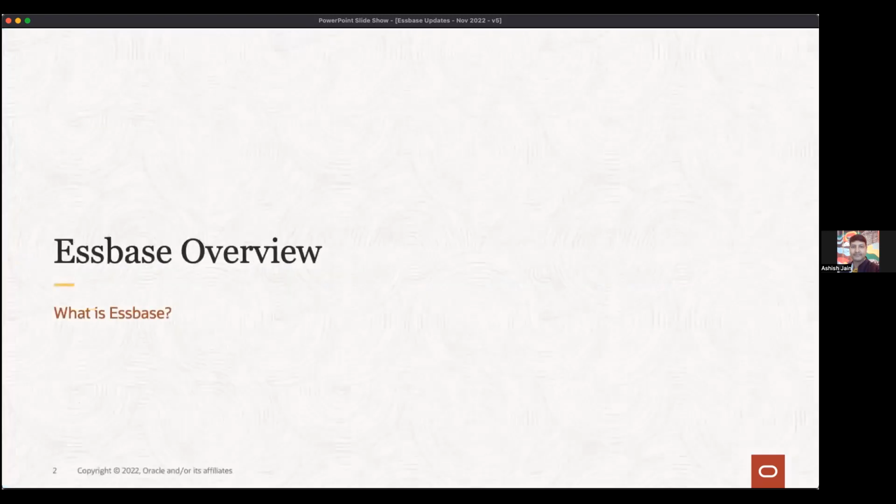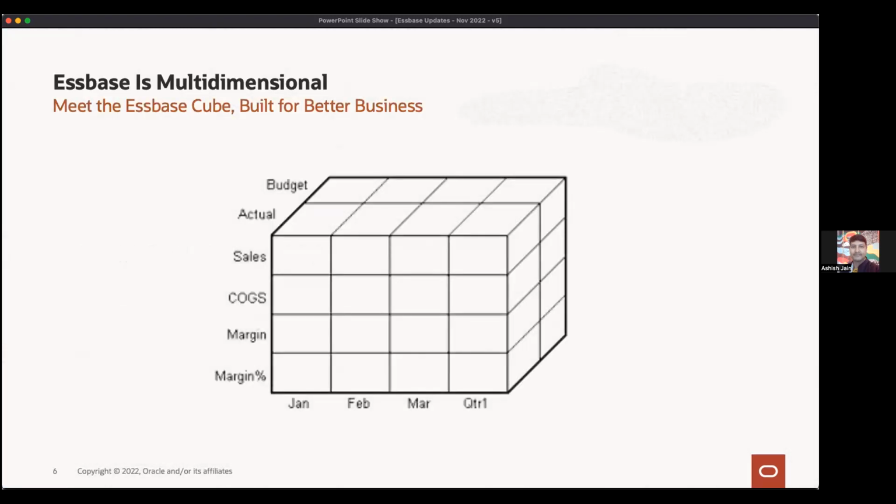All right, moving on. What is Essbase? I'll give a quick overview of Essbase, and I thought the best way to show it is pictorially. Essbase is a multi-dimensional database. It allows you to organize data in a multi-dimensional way. And what you see on the screen here is just a visual of how data is stored in an Essbase